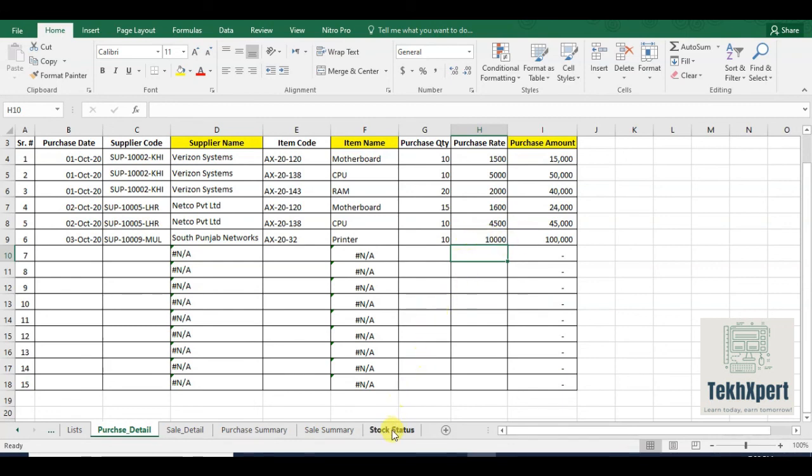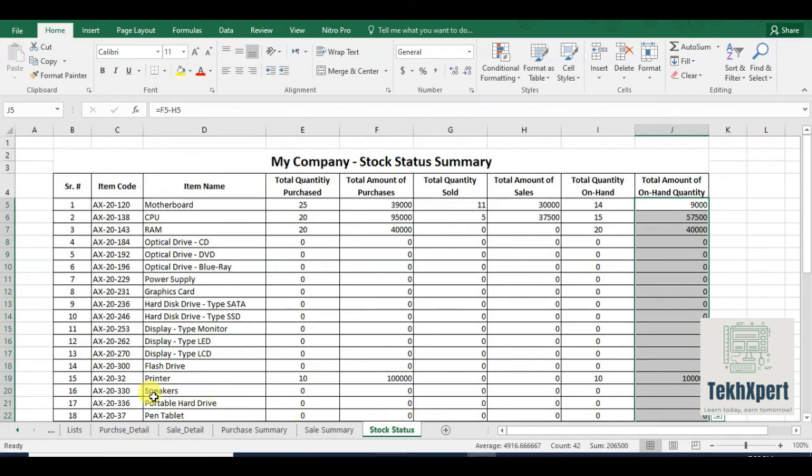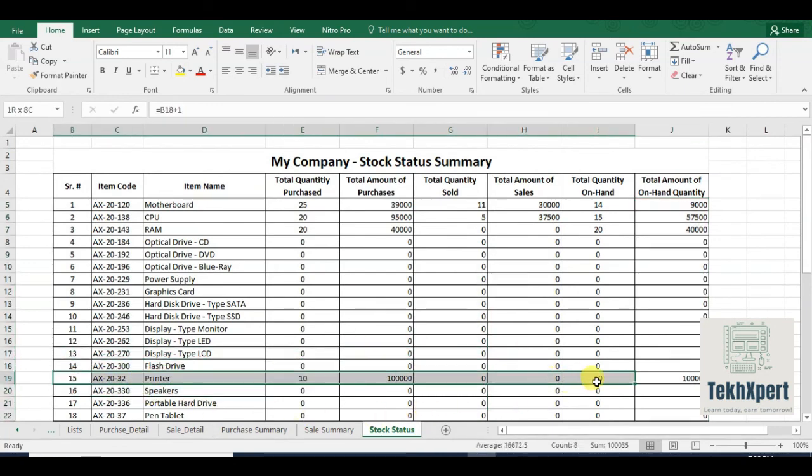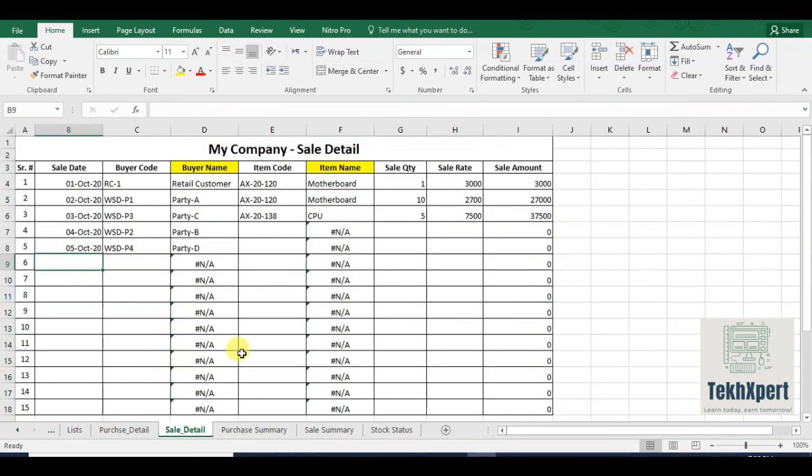So let's jump to stock status summary, and you can see that printer's data has been automatically entered in the summary. Purchase quantity 10, total amount 1 lakh, on hand quantity is 10, and the amount is same. Let's sell one printer now. Here one thing you have to remember: the product code.